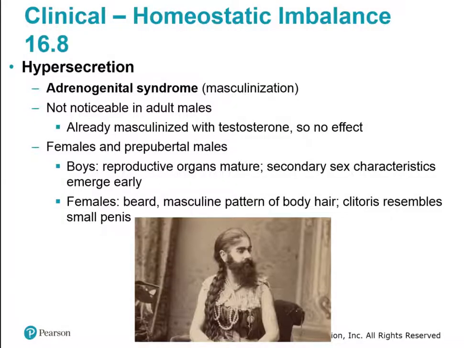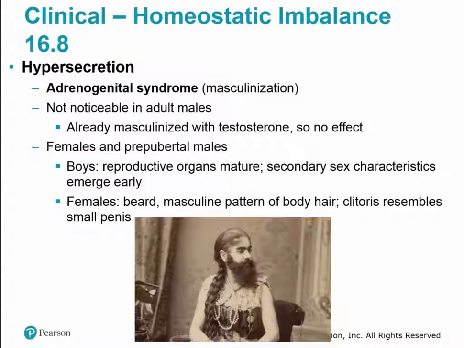A hypersecretion of these gonadocorticoids could lead to what's called adrenogenital syndrome or masculinization. It's not really noticeable in adult males since they're already masculinized with testosterone, so maybe they just get more manly than before. But with females and prepubescent males, the symptoms are pretty noticeable, right? So with